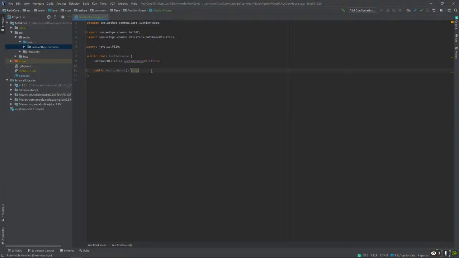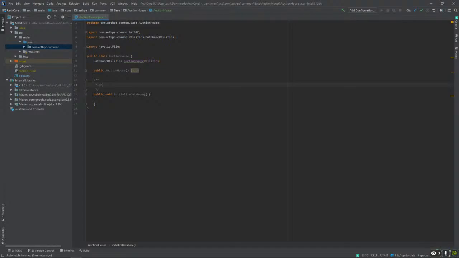So I'm gonna create an initialize database method. So public, let's make it a void, public void initialize database. And what this is going to do is create all of the necessary tables if needed.